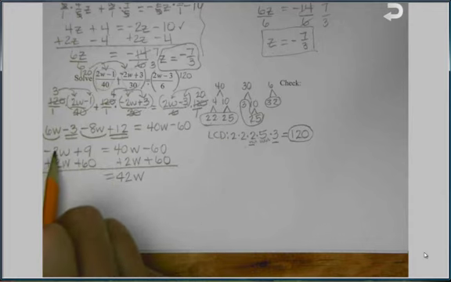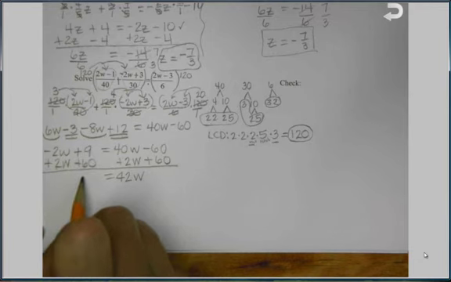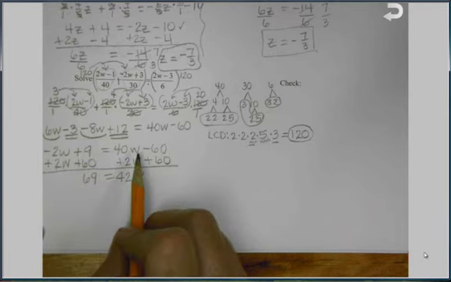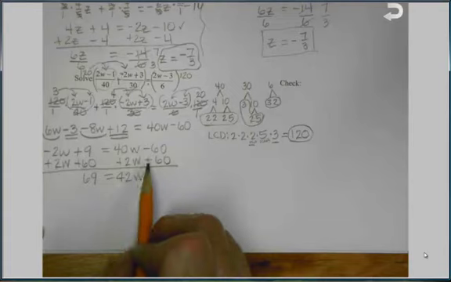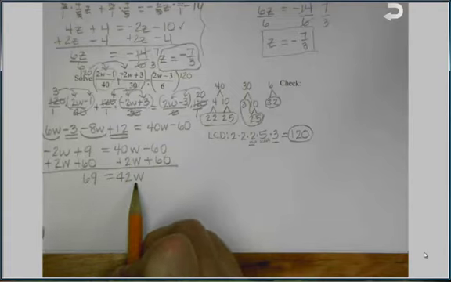On the left hand side, negative 2w and positive 2w gives me 0. 9 plus 60 gives me 69. And then I have 40w plus 2w is 42w,